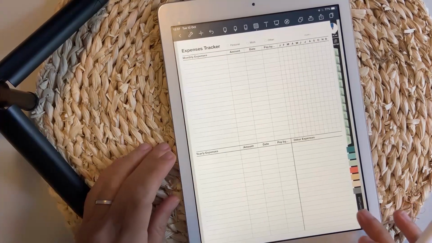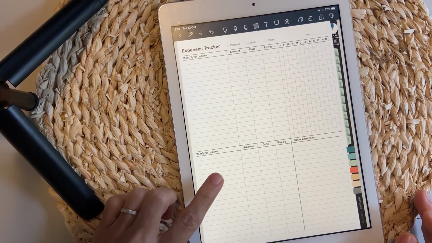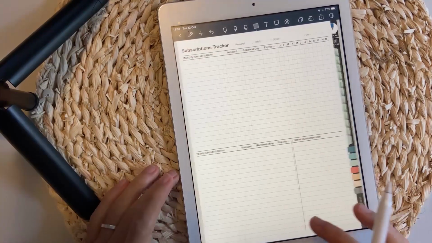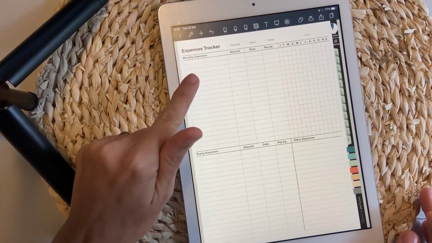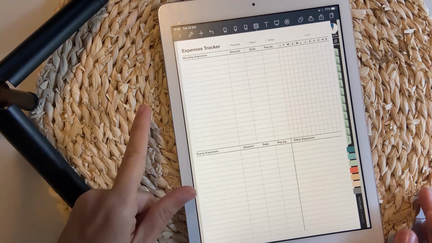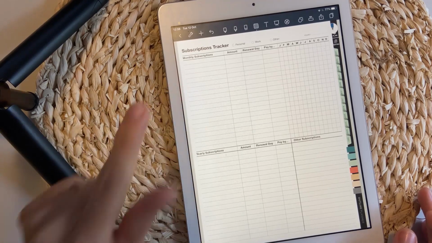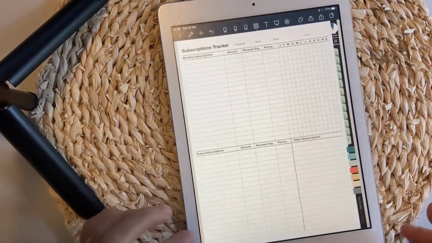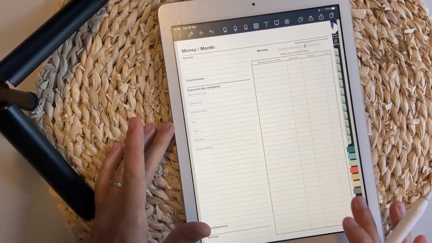It's another way to track your expenses. Expenses tracker. This is nice if you have monthly expenses but also yearly expenses. You can use this page for both of them. Subscriptions tracker. If you have an expenses tracker, most probably you pay those manually, either by wire transfer or cash. But if you have subscriptions, most probably these are automatically paid, so you can use this page for subscriptions. Monthly money page. This is the old monthly